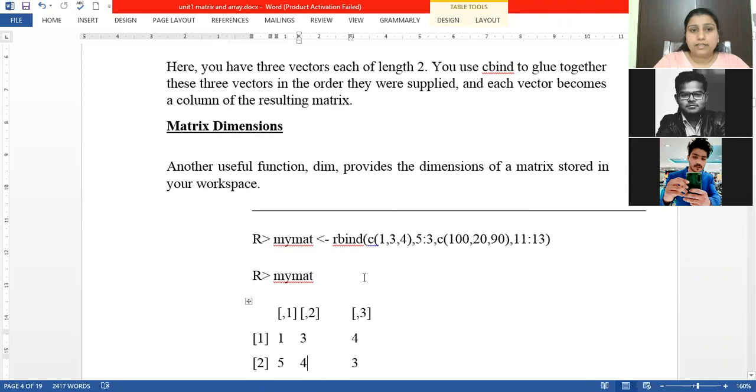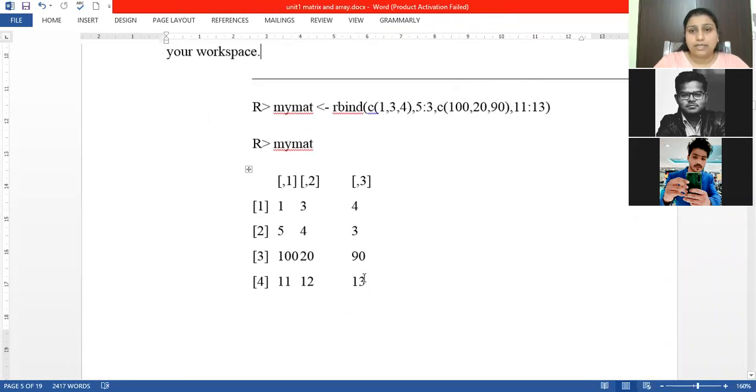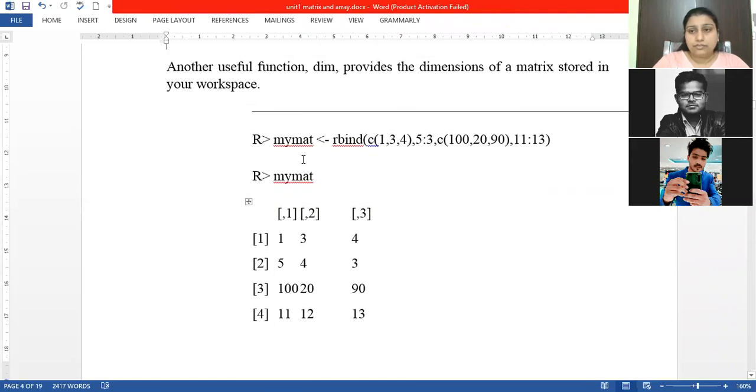Now, to identify the matrix dimension, we have a syntax called dim. So let's first define a matrix and then we will calculate the matrix dimension. We have defined a matrix, mymat is the name of that matrix. We use the rbind operation. Within that rbind operation, what do we have? The first row has three values, 1, 3, 4.